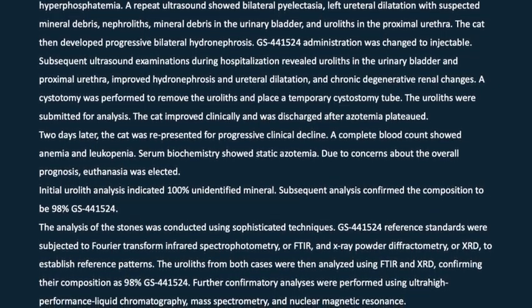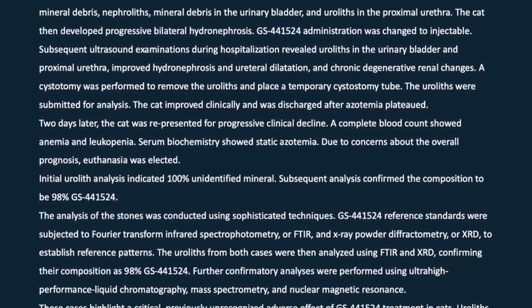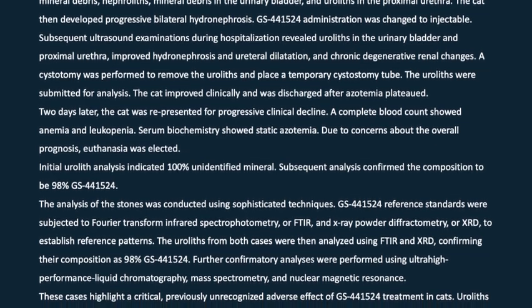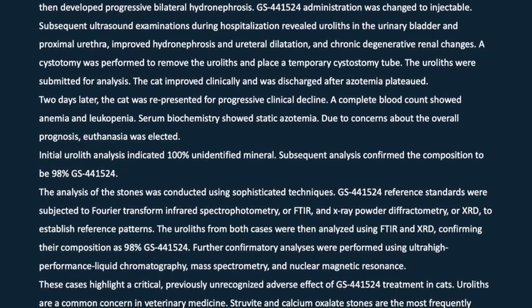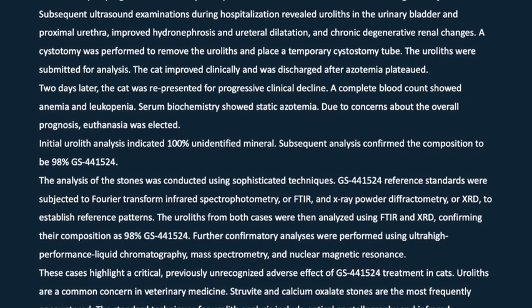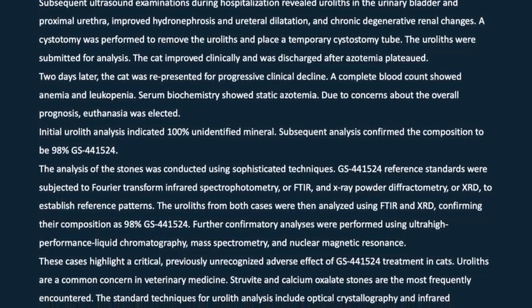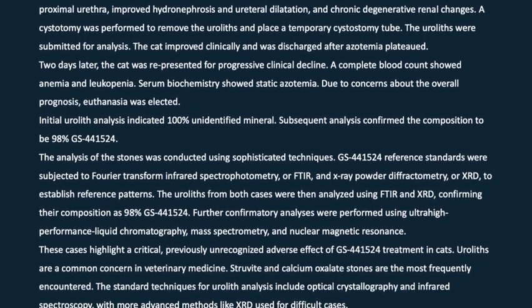Initial urolith analysis indicated 100% unidentified mineral. Subsequent analysis confirmed the composition to be 98% GS 441524. The analysis of the stones was conducted using sophisticated techniques. GS 441524 reference standards were subjected to Fourier transform infrared spectrophotometry, or FTIR, and X-ray powder diffractometry, or XRD, to